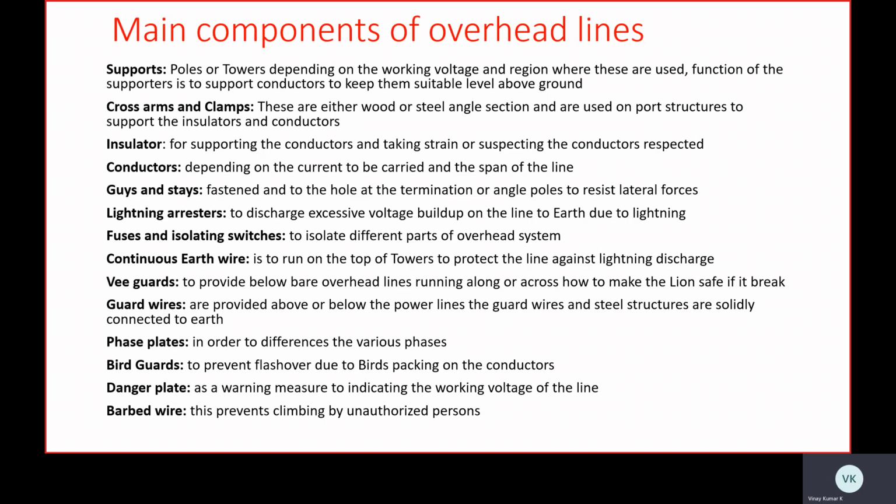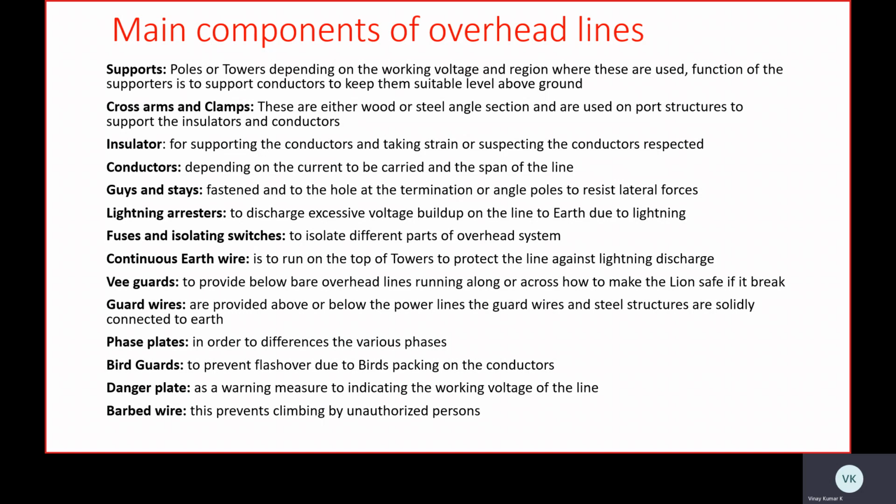And the next thing is conductors. Conductors are selected depending upon the current to be carried and the span of the line. They are mainly decided based upon the current carrying ratings, that is, how much current we need to carry along the conductors. So based upon the current rating, we select the conductors, and also the span of the line. Span relates to the withstanding capacity, the distance between the ground and the lines, that is sag, and the structures. Depending upon these different terminologies, we decide the conductors.